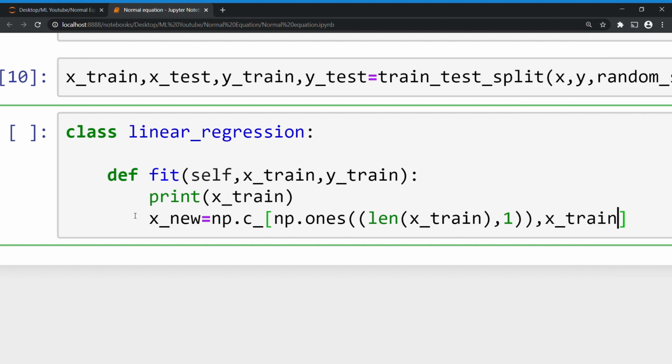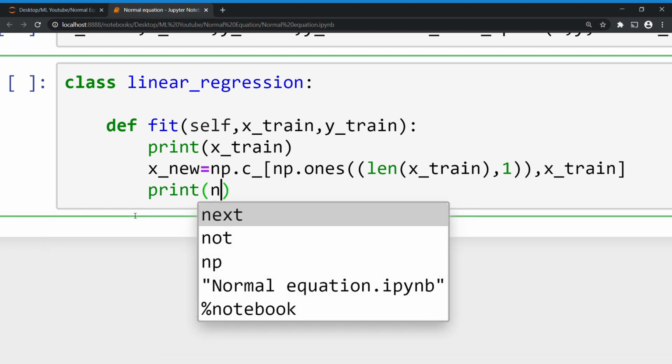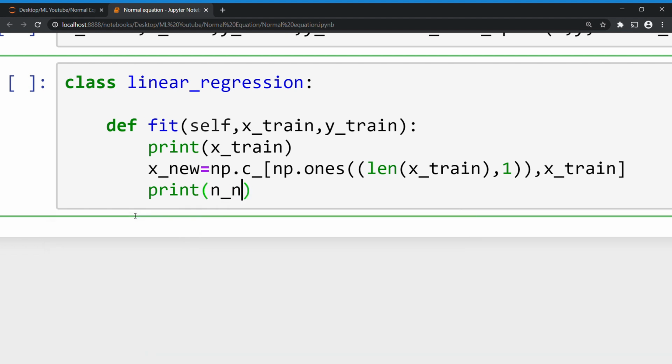We concatenated the ones and x train. Let's print our x new. You will see shortly how it is modified.